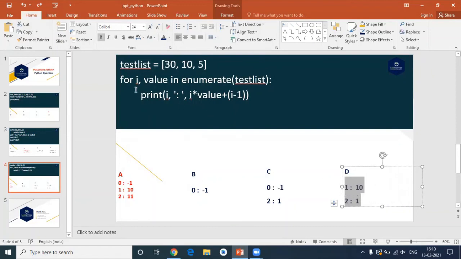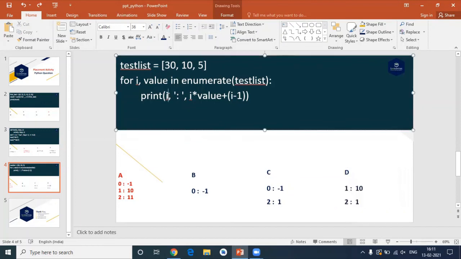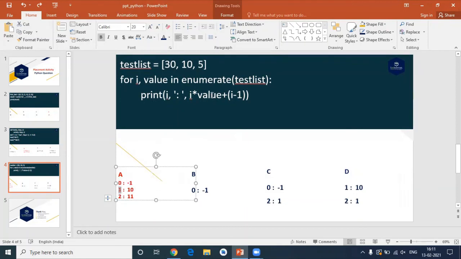So next it is picking the first index, 1. The value at the first index is 10. Here I'm just displaying a 1. You can see there is nothing here, but even this is wrong, because we are printing a 1. Let's check: 1 minus 1 is 0. So 1 into the value 10, 10. So 10 plus 0 is 10 only. You can see this is the right thing.